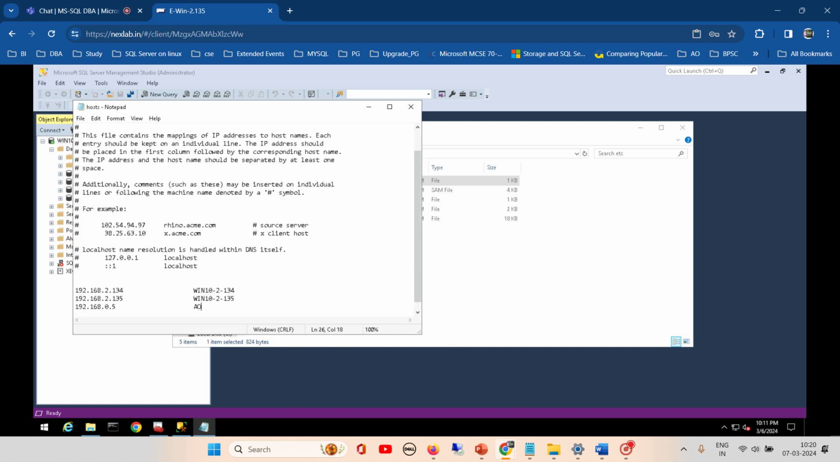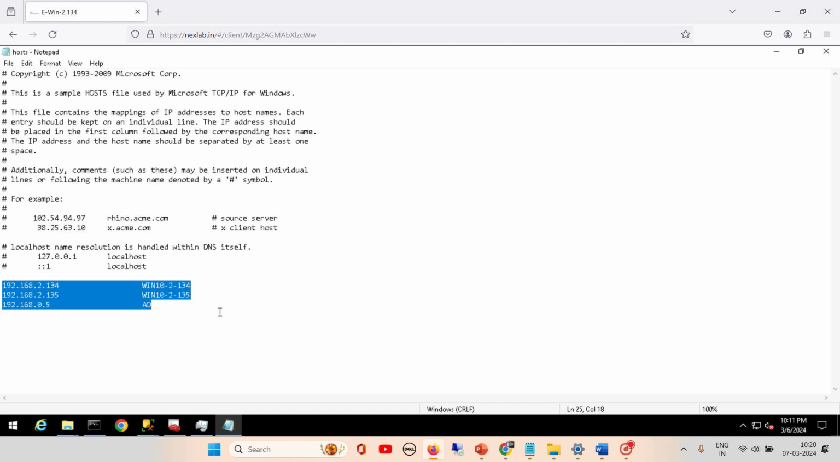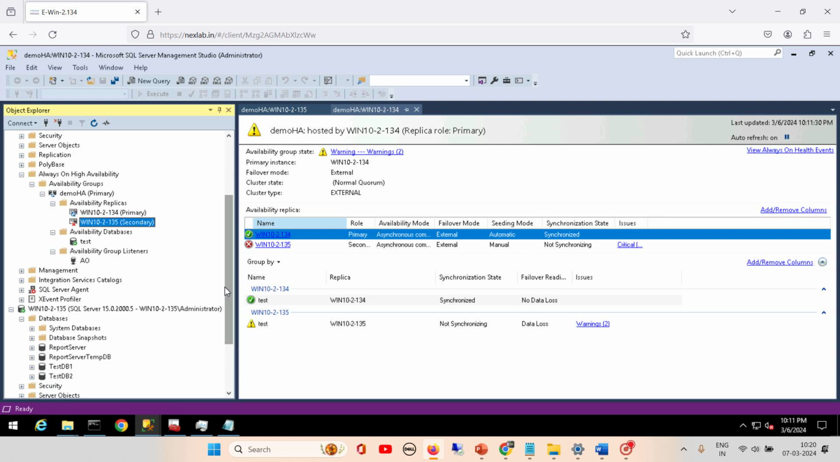Pass here, now save, done. Now we are doing from 35. Let me minimize this one first, and let's drop this one, all the settings and all, and we can